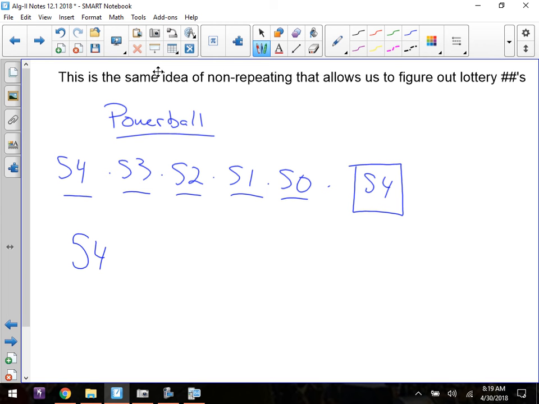Actually, I think they've changed this now, and there's more numbers. I want to say it might have gone up to like 60. I could be wrong, but I know that the numbers have changed. So if I multiply all that out,